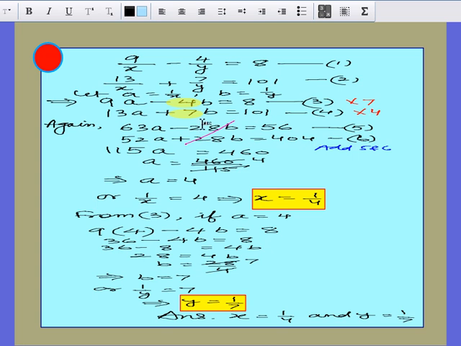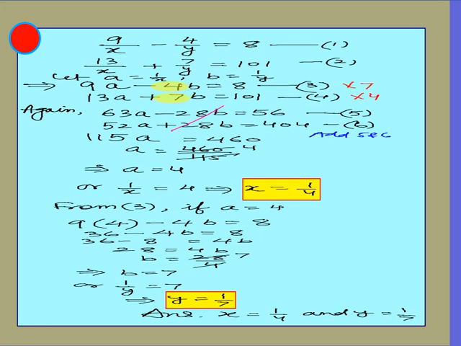You can eliminate the b variable. So you multiply by 7 and 4. 7 here, 4 here, so you get b eliminated. Okay, and you get 115a is 460, and then you can get your answer easily. Here you can draw the line, because otherwise you will feel sir has not drawn the line, so I am drawing for you. You can draw the line for your understanding. So on addition, signs are not changed, and we got the value of a.